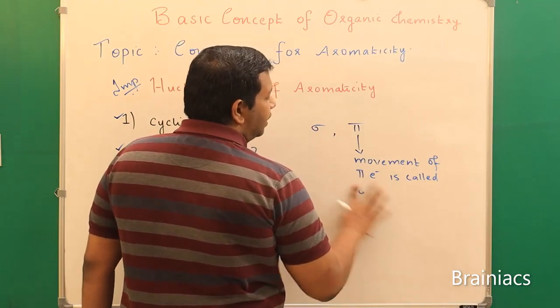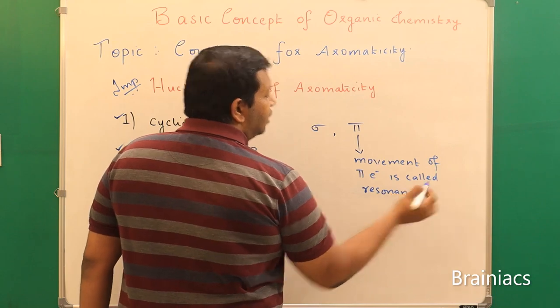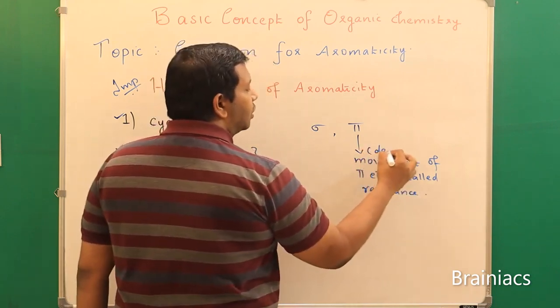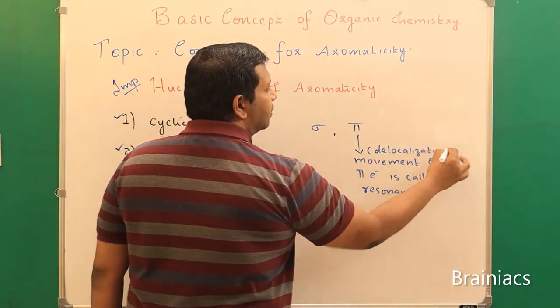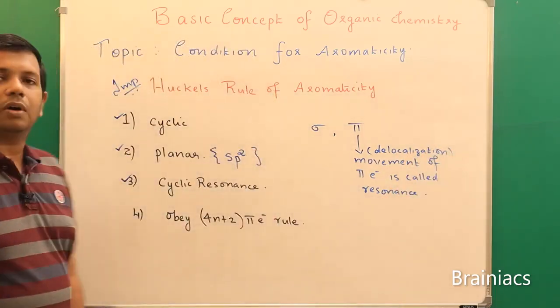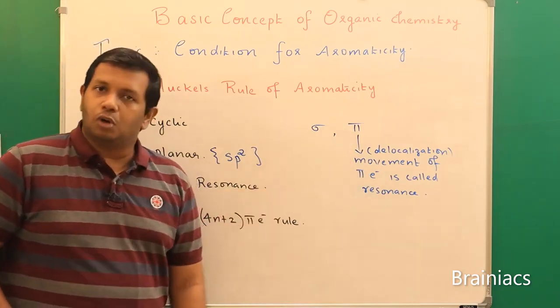It is called resonance, or we say delocalization. We use the term delocalization because you are moving from your fixed place. So I can say the delocalization or the movement of the pi electrons of the pi bond is called